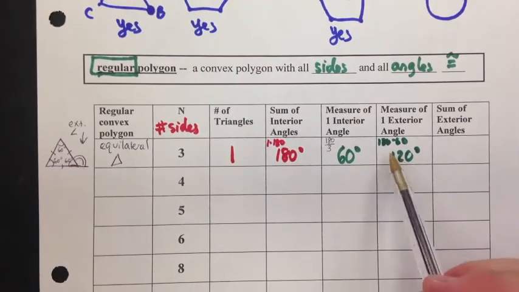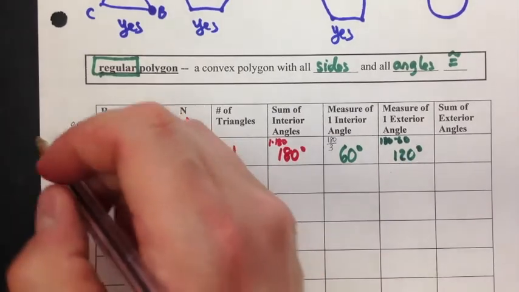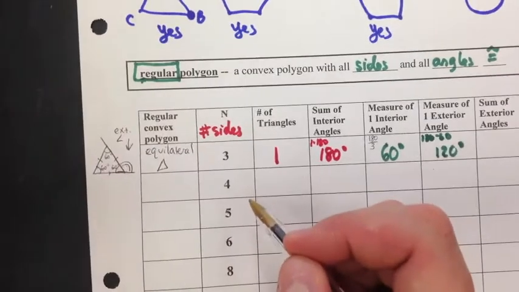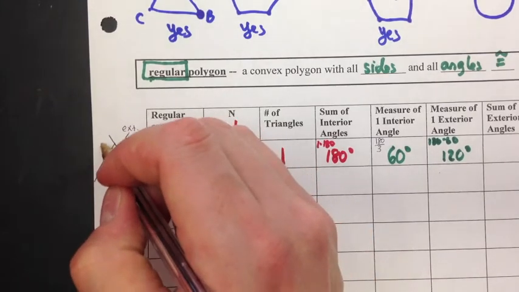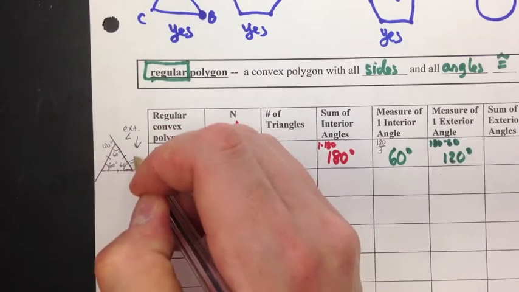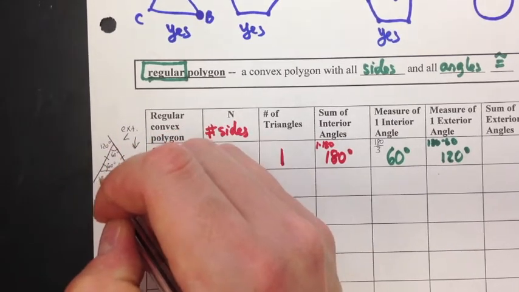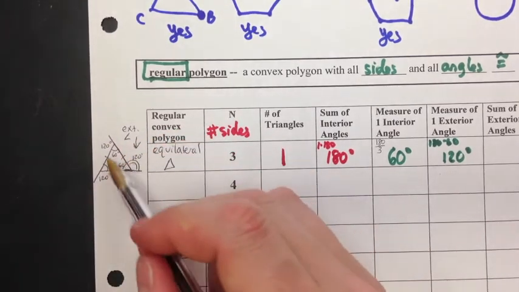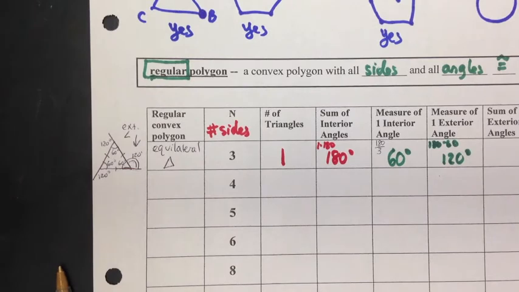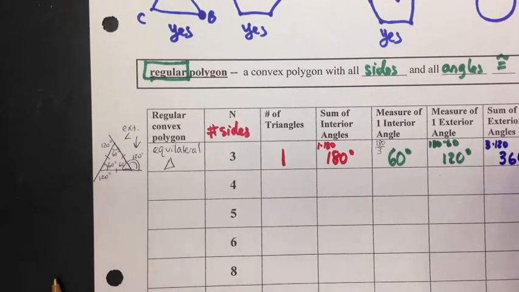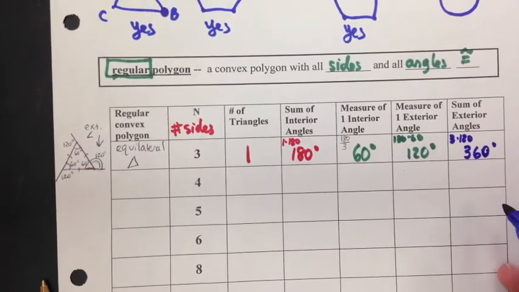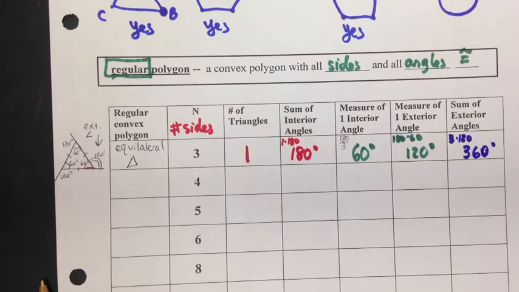So if one exterior is 120, I could take my picture here and I could extend all the sides. And notice I'd get 1, 2, 3 120s. I'd have 3 of those. So the sum of those would be 3 times 120, which is 360 degrees. Okay, so there's the first row. All right, now